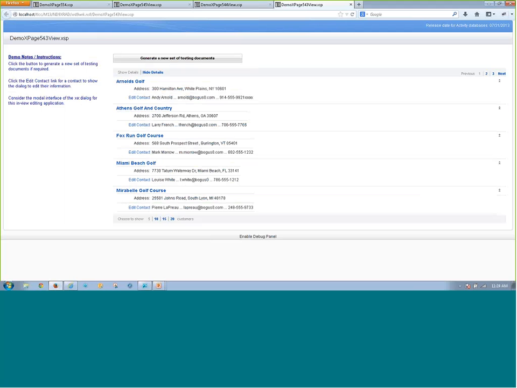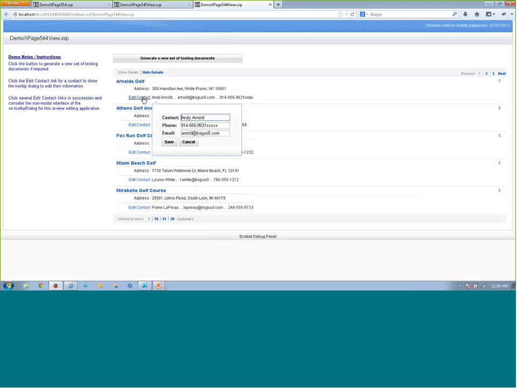Take a look at this in practice. I refresh this page because we're using the same data, and we can see this was the document that I updated with the dialog box. So now let's edit it, and now we get the tooltip dialog, where again, if I just click somewhere away from it, it goes away. If I click it again, I'm just going to change these X's to Y's, save it. Same experience for the user. It happened seamlessly. It was a pop-up. It was very efficient. And the data was updated right in front of them without them having to leave the screen and go anywhere else.